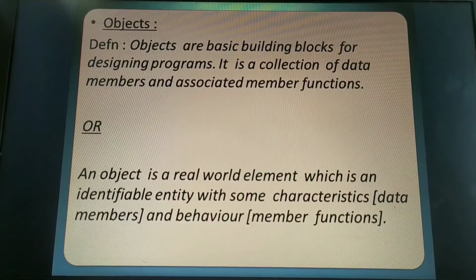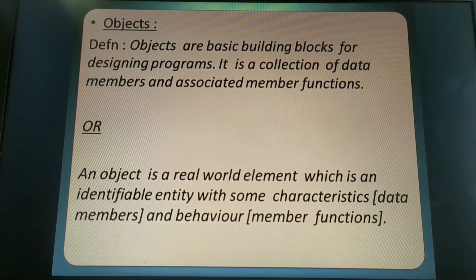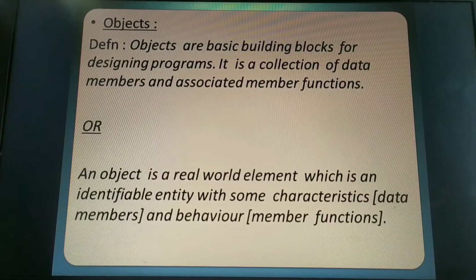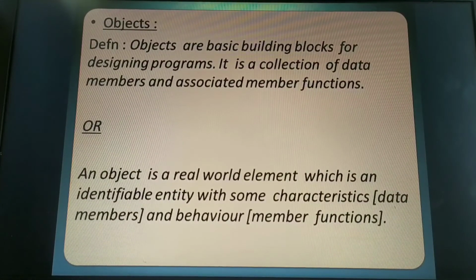A pen is a real-time entity or thing. This pen has its own characteristics and behavior. What are the characteristics of a pen? Its color, which might be blue or black, is one characteristic, and its height is one characteristic, and its width. So these are the characteristics.